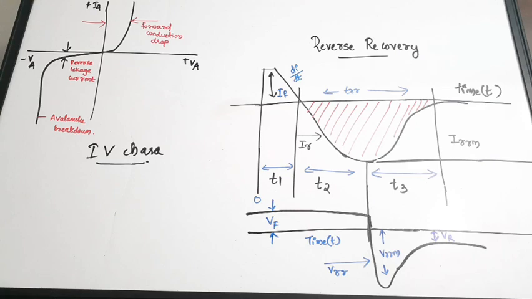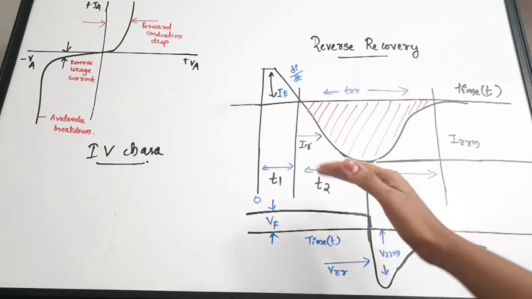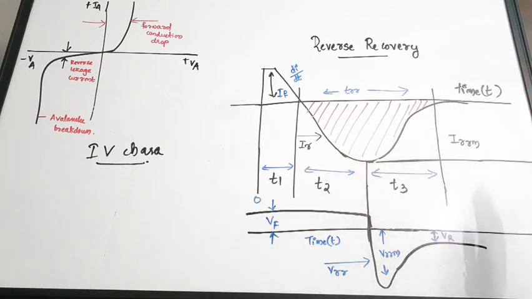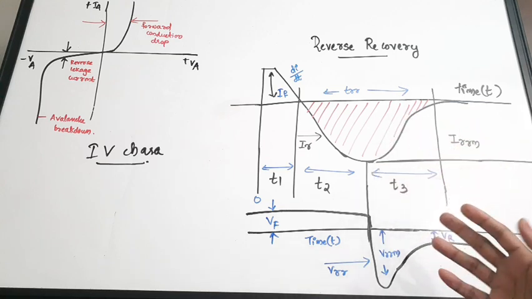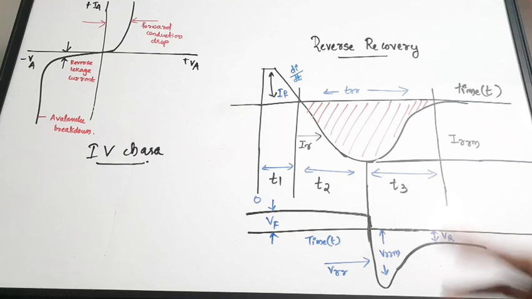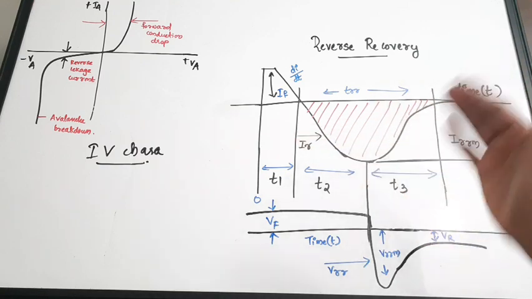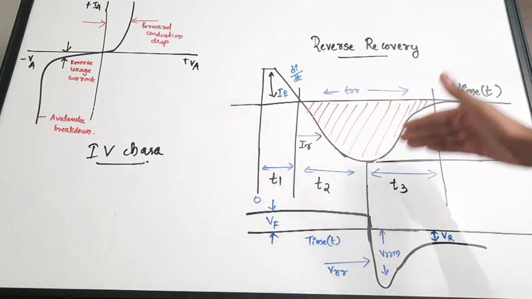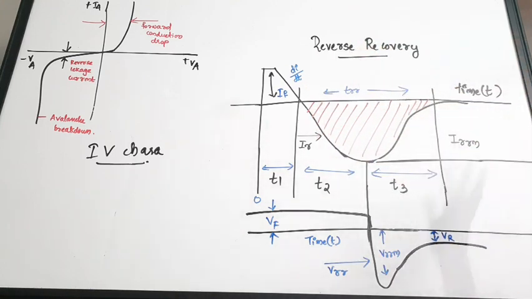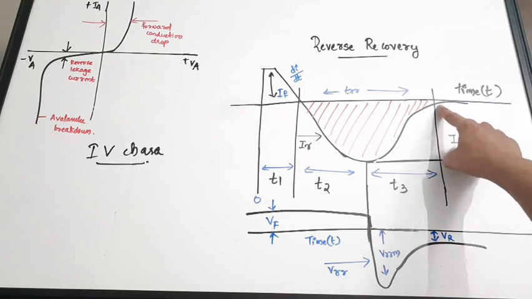Okay, and after a particular time they will completely escape from these layers. So the charge carriers are actually removed from the layers, and then the current will go back. That's why there is a negative peak and then going back to almost 0. Here it is actually not going back to 0.